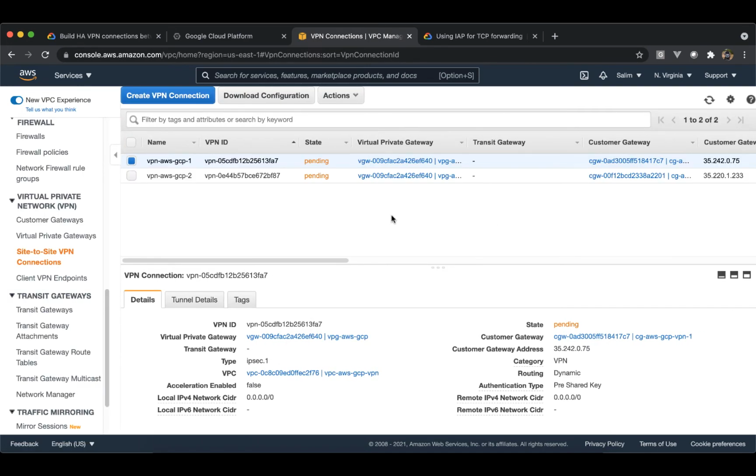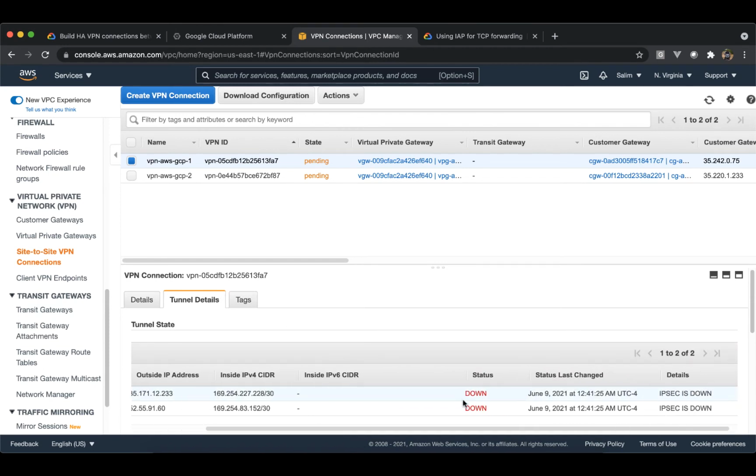So VPN connections are going to show up pending. Tunnels, you will see the tunnels are down. IPsec is down because we haven't connected them to our GCP counterpart tunnels yet. So before we do that, let's